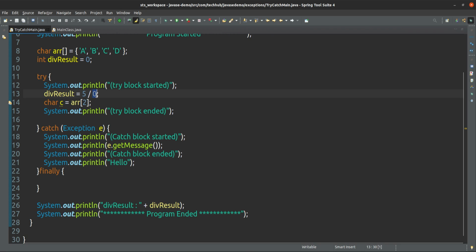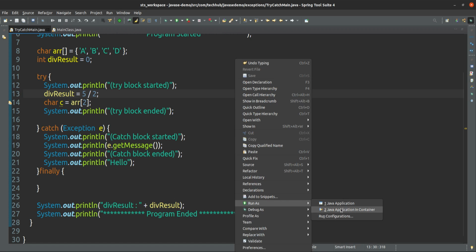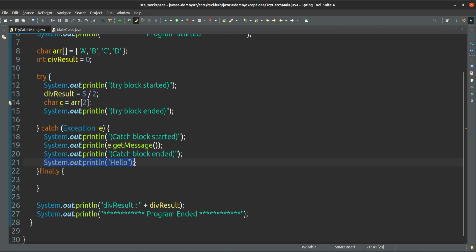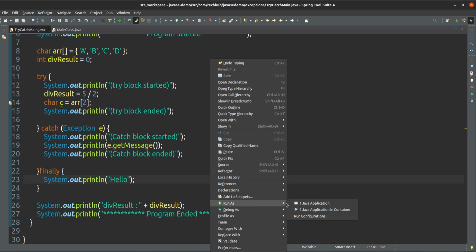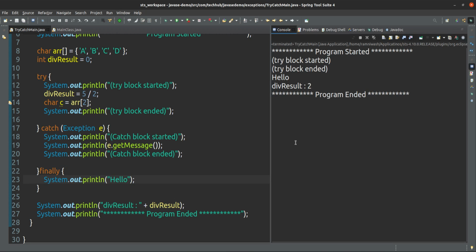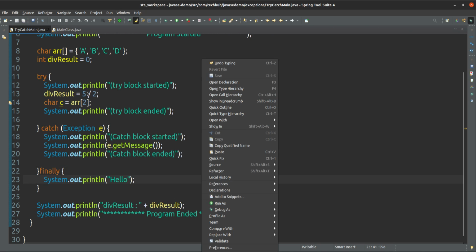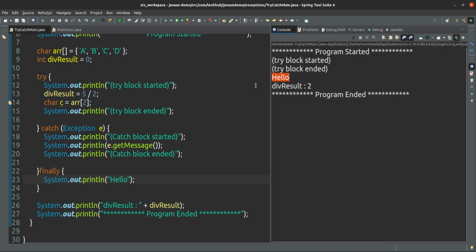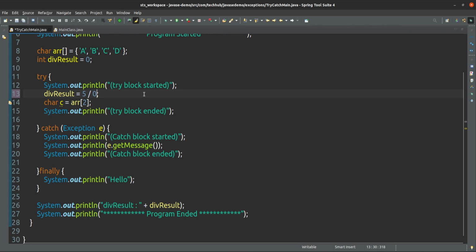But what if I give 2 here? In that case again hello will not be printed. Yes, because now it is not coming into the catch block, but we definitely have to execute this one. In that case you can put it in finally, that's it. Whether the exception is there or not, currently with no exception it is executing and hello is printing, and if the exception is there